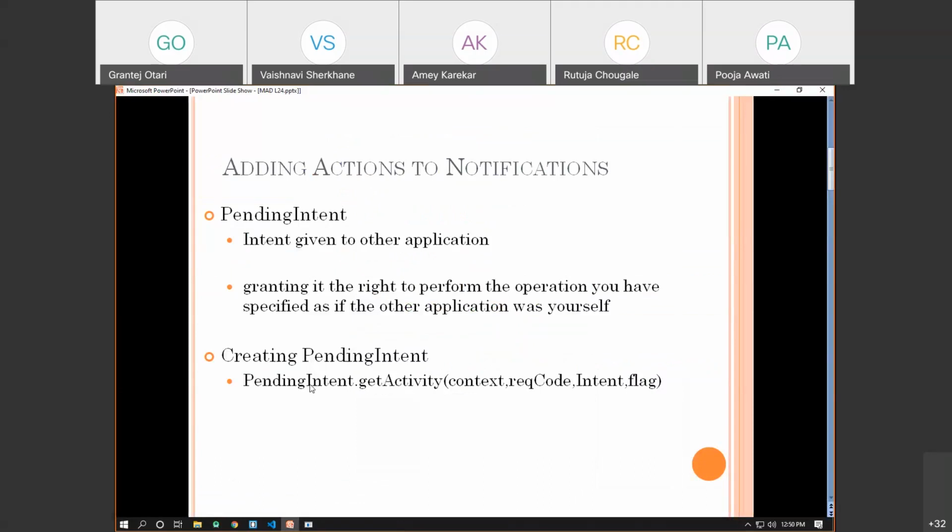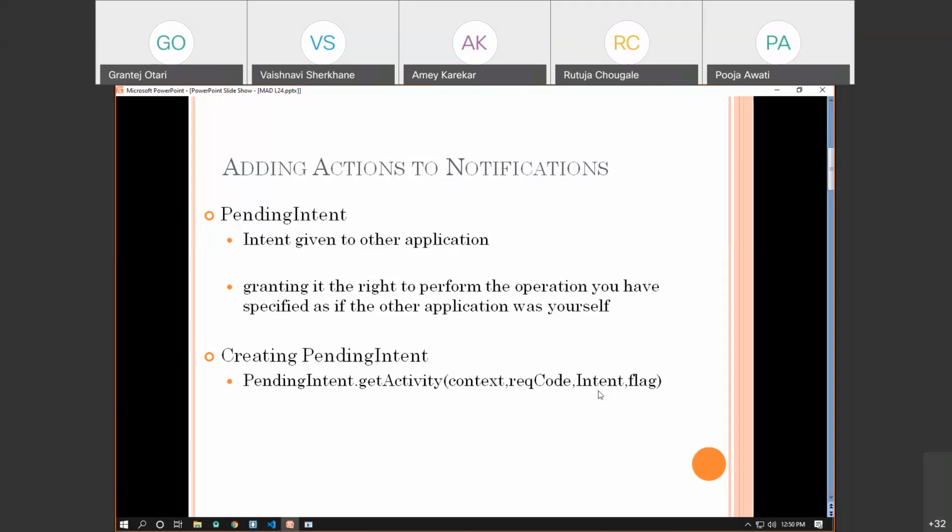So for that you can see I have written the method. For creating the pending intent, you have to use a static method that's basically called getActivity for the class PendingIntent, which requires four parameters. One is the context. The second is the request code, which specifies how you are going to call the other activity.